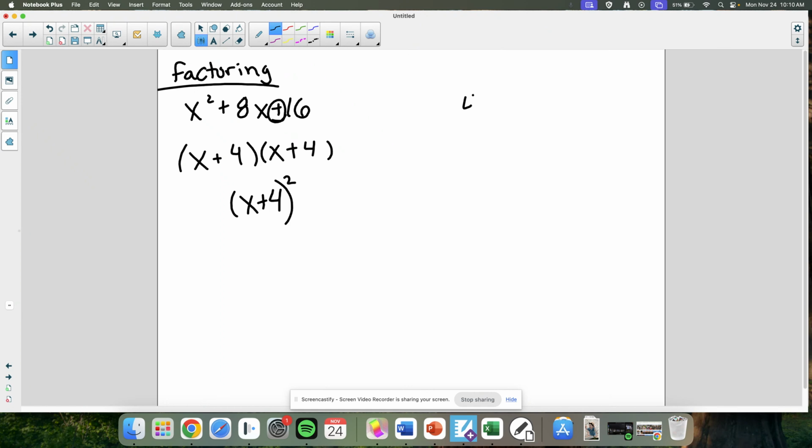One more review of factoring. 4x squared plus 20x plus 25. Is there a GCF here? No, because 25 can't be divided by 4. So when you do your two parentheses, what options do we have to get that 4x squared? It's either 2 and 2 or 4 and 1. What's our better option to try, the 2 and the 2 or the 4 and 1? 2 and 2. If you have perfect squares, I would try those first,